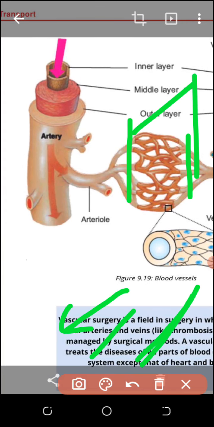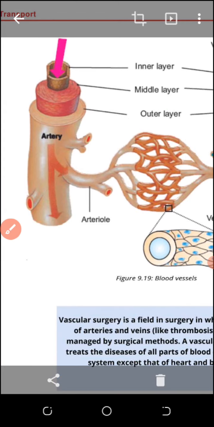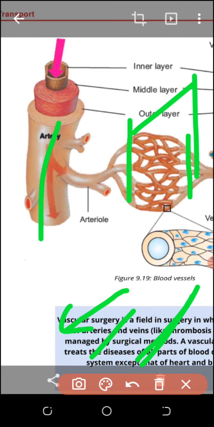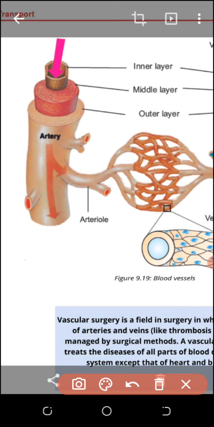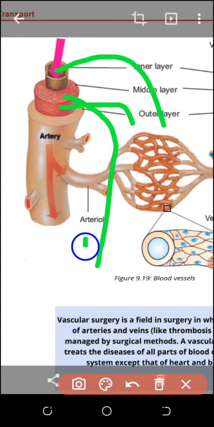Arteries are quite thicker. You see three layers of the arteries. One is the outer layer, tunica externa, and the inner layer is tunica interna, and the middle layer, tunica media, is more thick in artery. The reason is that arteries bear the blood pressure, because they are carrying the blood from the left ventricle, which is the most powerful pump of the heart, because it consists of maximum muscles